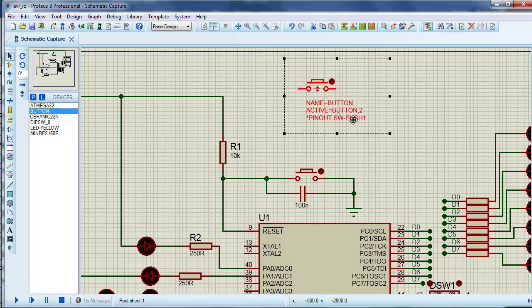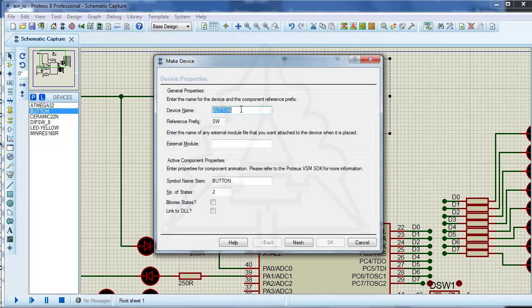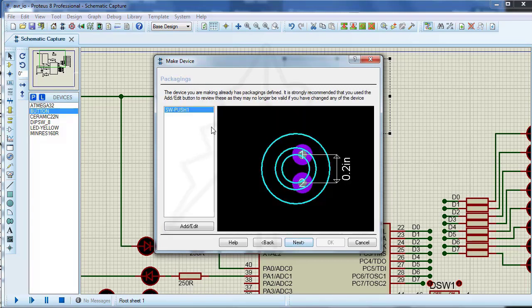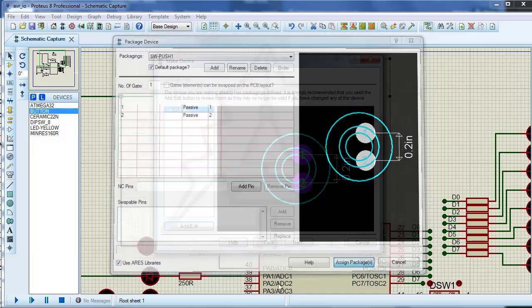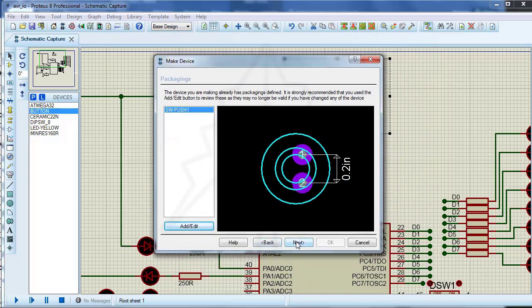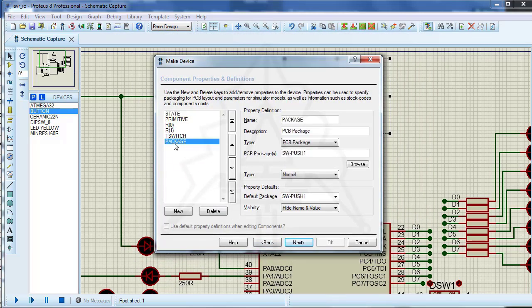Highlight the component again and select Make Device. Select the component name button 1. Accept other defaults. At this stage the package can be defined. Check the package and define the pins. If the pins are assigned correctly, they will change color to white. Check the package.